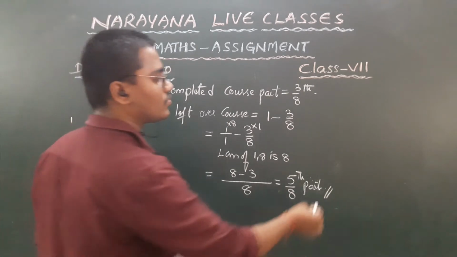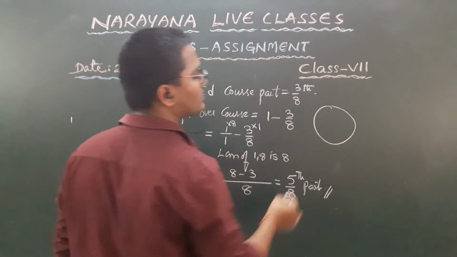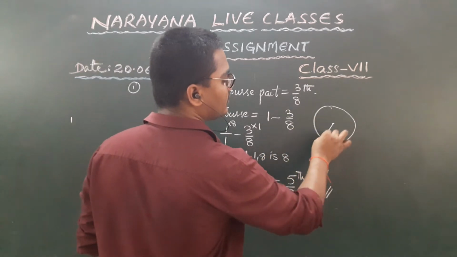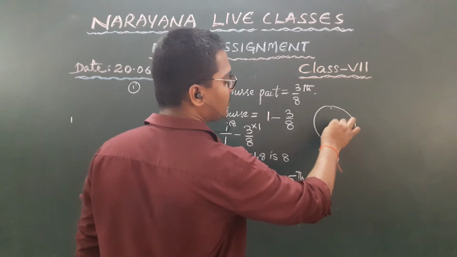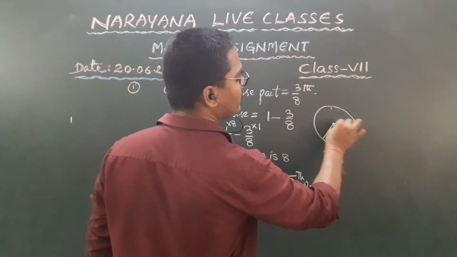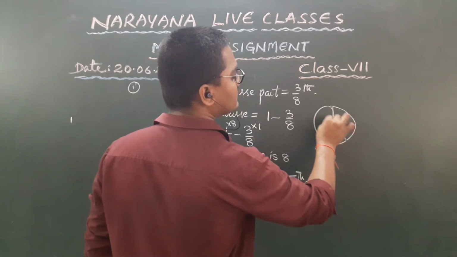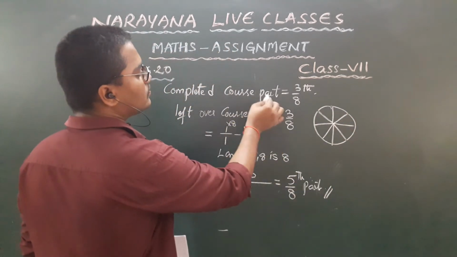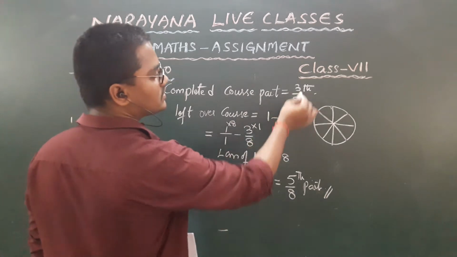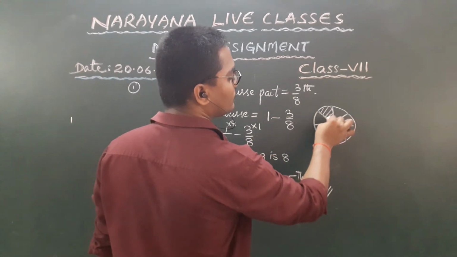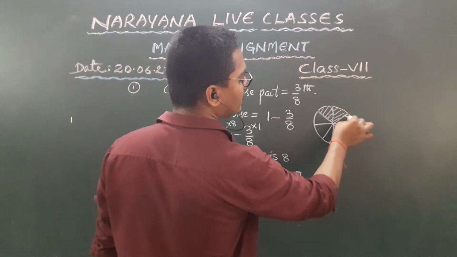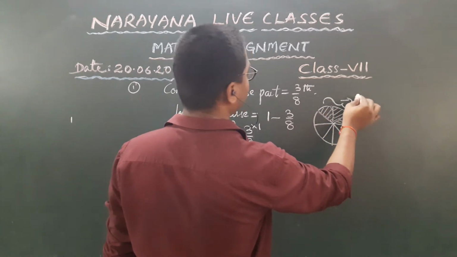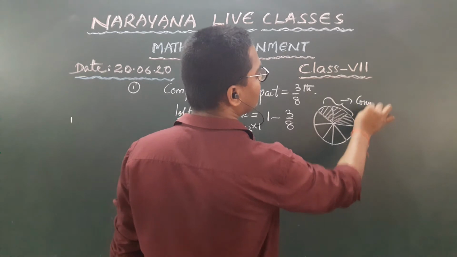Or else, if you draw a rough pie diagram over here, how many parts are there, children? Total 8 parts. So you need to divide this unitary fraction into 8 parts. 1, 2, 3, 4, 5, 6, 7, 8. So 8 parts are there. Already the course completed by him was 3 parts, right? So if you shade 3 regions over here, this part has been already completed.